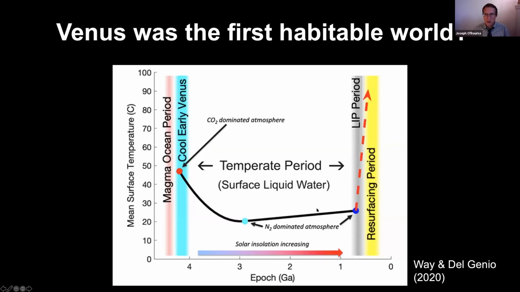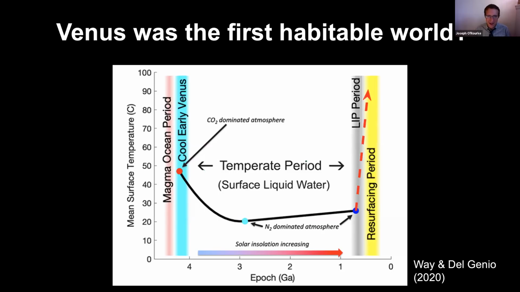The problem with this model is that you also have to explain how 90 bars of CO2 got into the atmosphere. So this atmospheric evolution model is also a geologic model, because it posits that the catastrophe that occurred 1 billion years ago was not just an atmospheric calamity, but it was also a geologic calamity. And you have to posit a planet-wide, all-encompassing episode of volcanism that resurfaces the entire crust and releases huge amounts of volcanic gases into the atmosphere all at once to go from a clement Venus to the hellish wasteland Venus that we observe today.